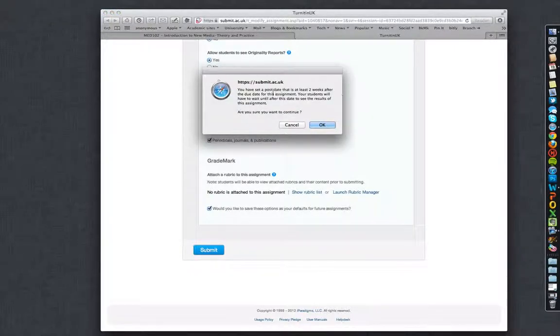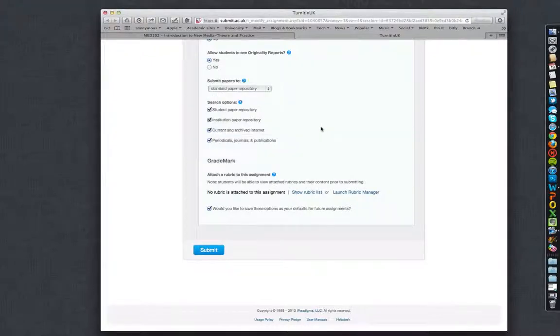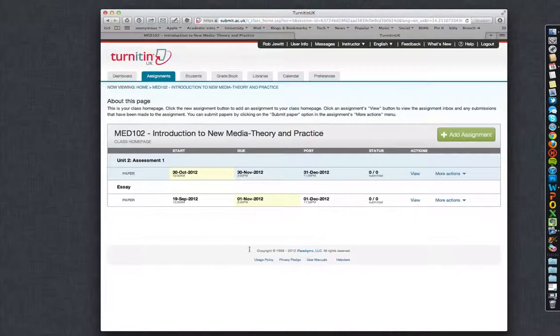Getting a warning that the post date is 2 weeks after the due date. For some reason, Turnitin wants us to mark and respond and double mark and feedback the students within 2 weeks rather than the 3 that some institutions do and 4 like we do. So there we go. I now have an assessment set up